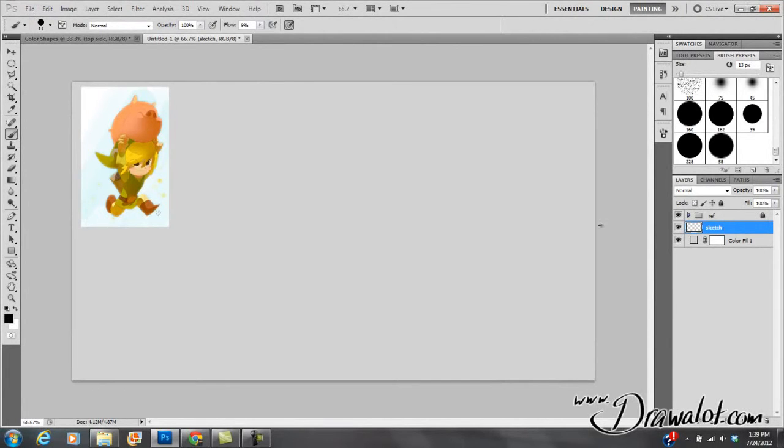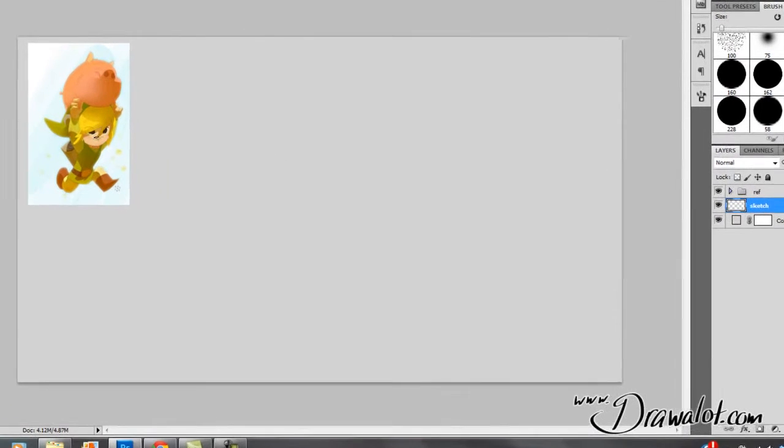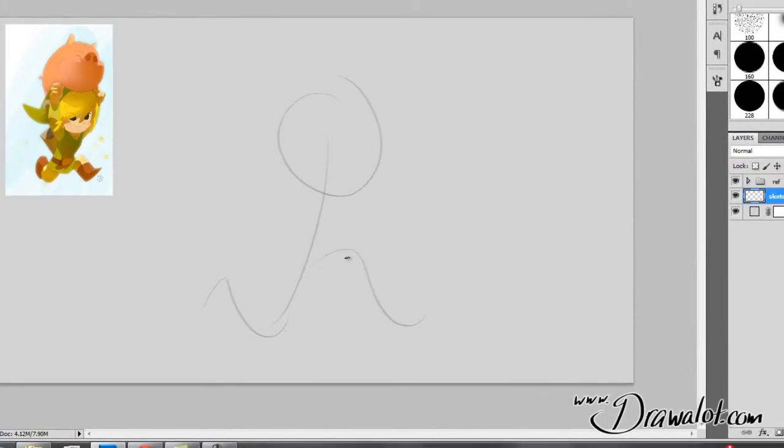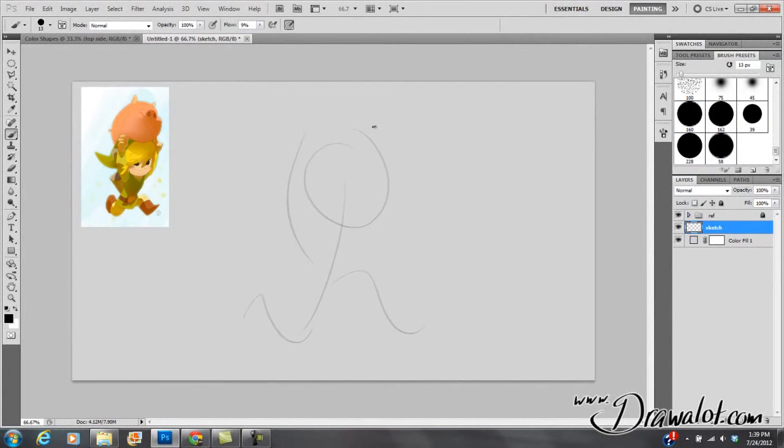So now I've got my pencil, I'm on the sketch layer, and I'm going to just basically rough out this guy, okay? So basically I'm going to draw like this. So here's his head. Here's his body, here's his bottom leg, here's his top leg, here's his arms, here's one of his hands, here's his thumb, here's his top fingers, bottom of his hand, got his elbow, you got his face, got his eyes,